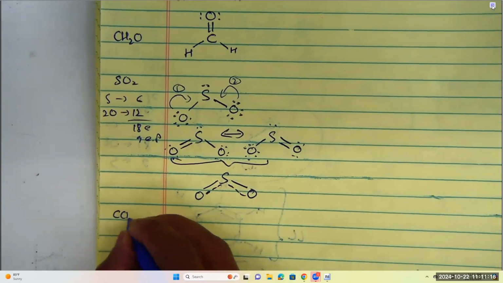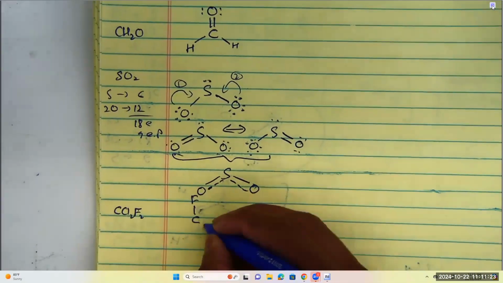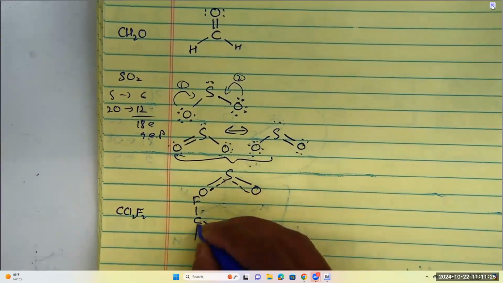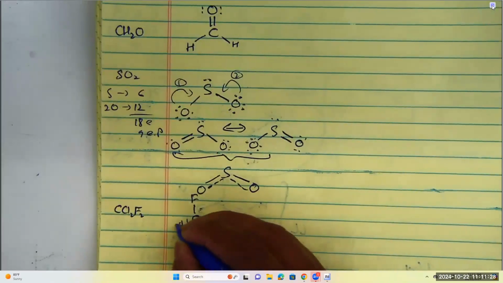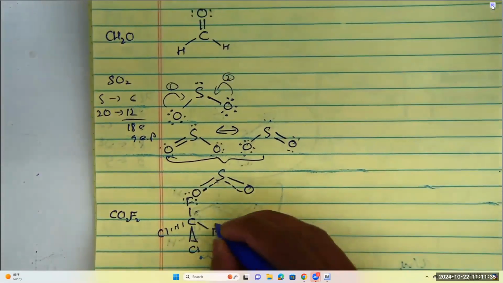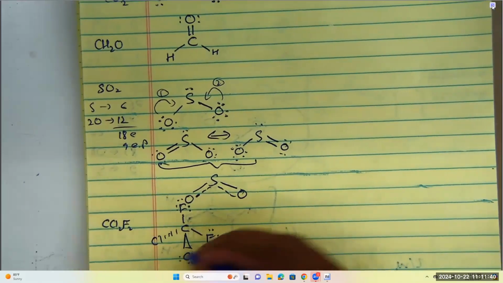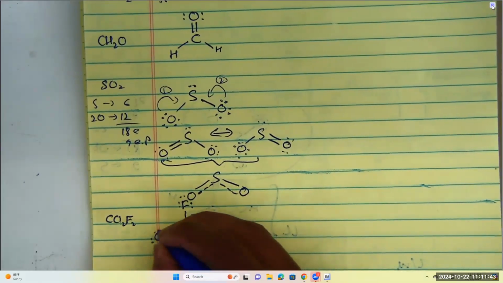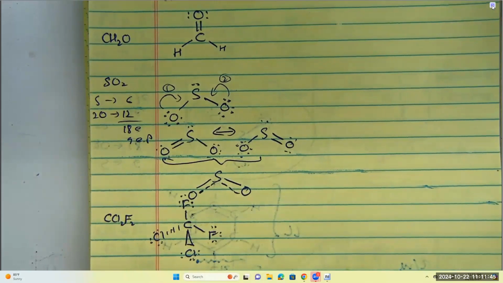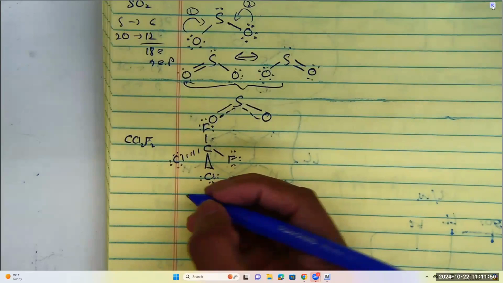CCl2F2. I'm sorry, F2. So that's a straightforward one. So we have carbon, and then we have two fluorines bonded to it, and then we have a chlorine and another chlorine, like that. Okay, and then we need to make sure that we have octets on each atom by indicating the lone pairs, because without that, our Lewis structure is incorrect. Okay, that is CCl2F2. And then after that, I think we had NH3,